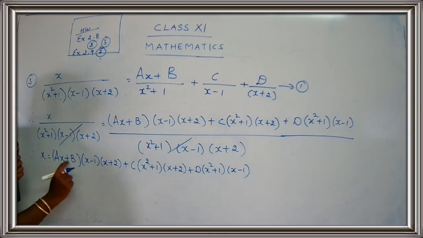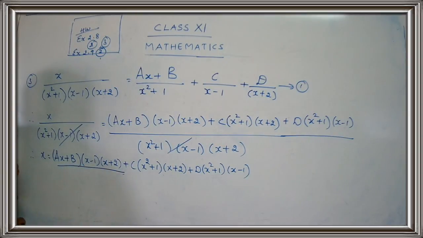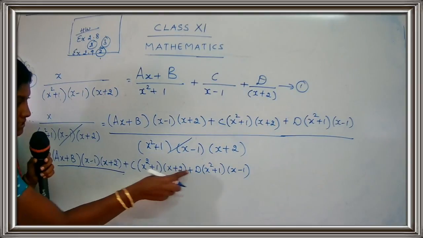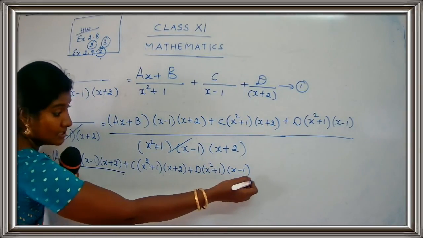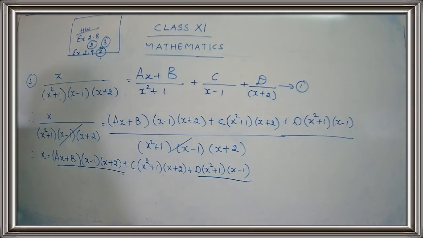So when you are multiplying by 0, the whole term becomes 0. So this term becomes 0. One more thing, here we are not having minus 1, so this term will not go. Here we are having minus 1, that means this term also will go. So the d term also goes off. Getting my point?